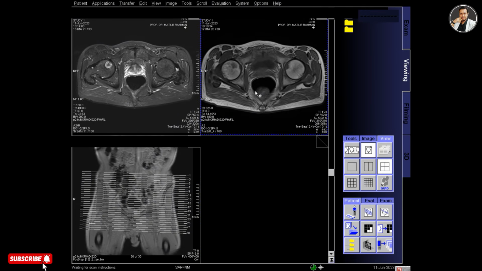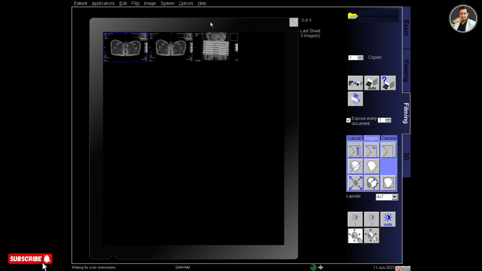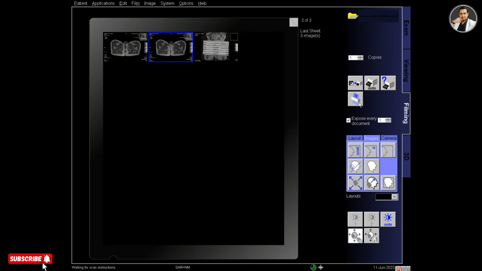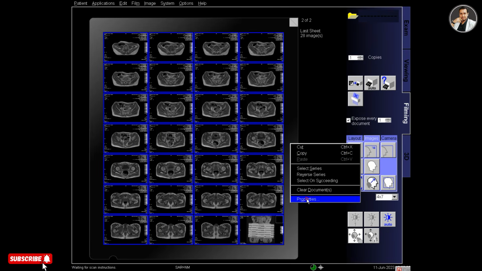That's the rule for all post contrast protocols except brain. For MRI brain, you have to take normal T1 sequence, but in other cases like joints, extremities, pelvis, neck, you have to take T1 fat set for post contrast.